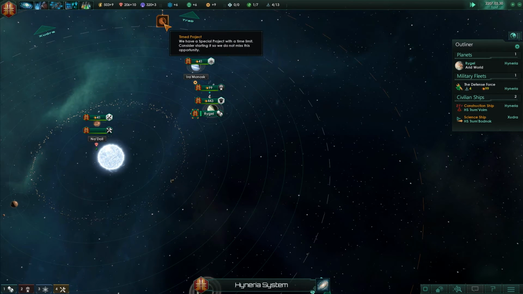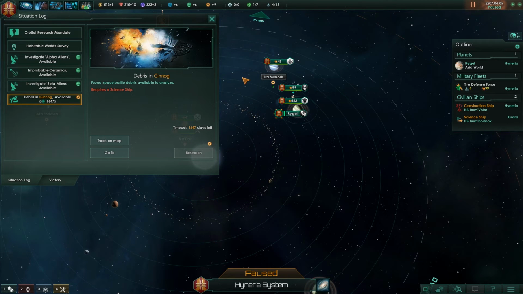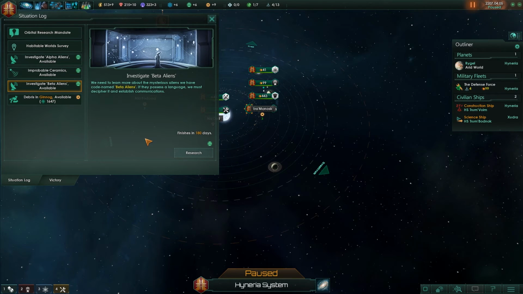Yeah, I get it. You're evading hostile fleet. We have a timed project. Oh, it's the debris that's timed. Investigate beta aliens. It will take, well,